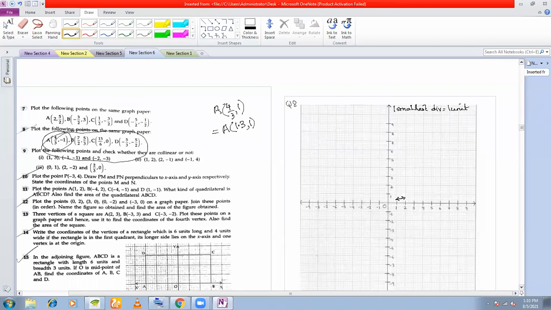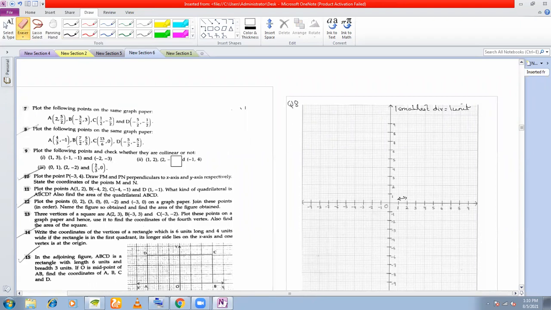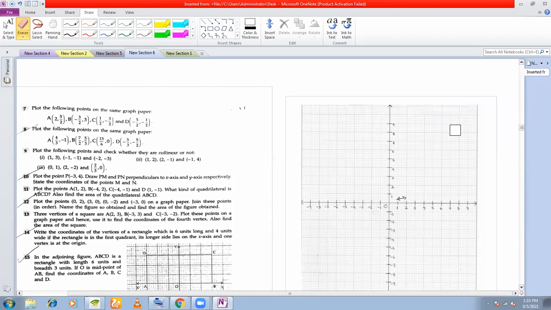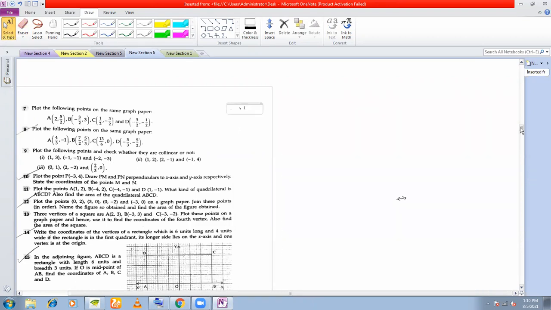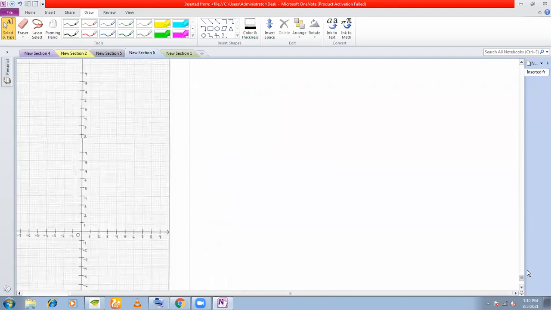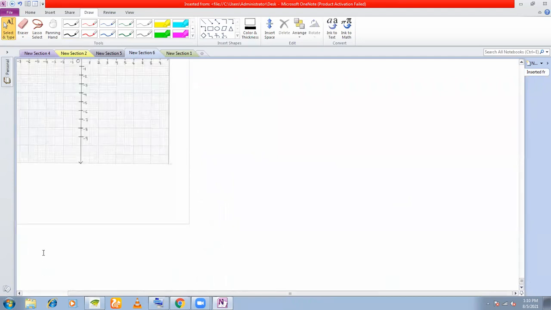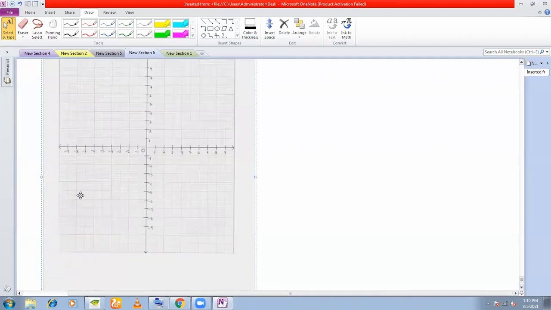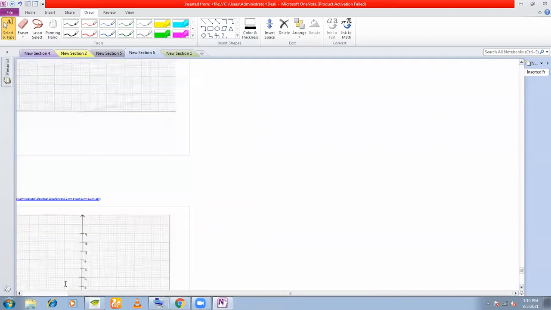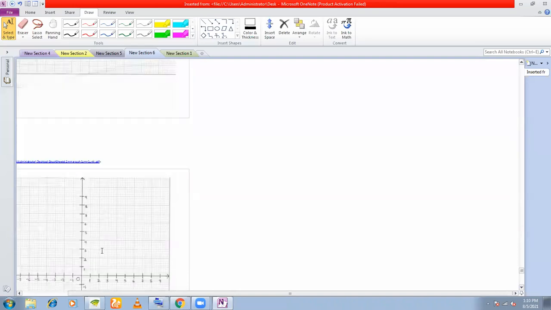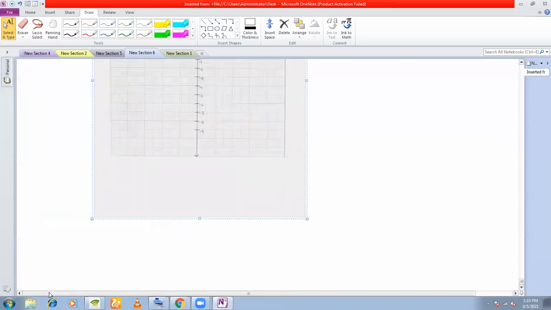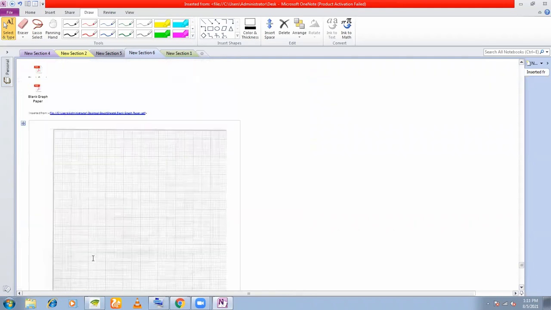If you see, the x coordinates are all less than 4, even the y coordinates are less than 4. So that means this graph paper is not convenient for us. Therefore, which scale graph paper should we use? We should use the other one, right? So you discard this graph. You keep this graph away. And you take this graph sheet. The other one. Yes, this one.